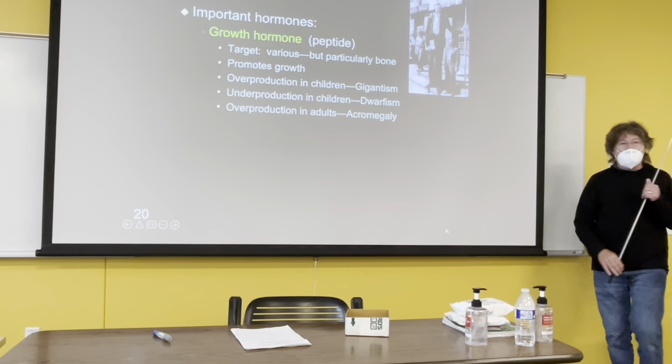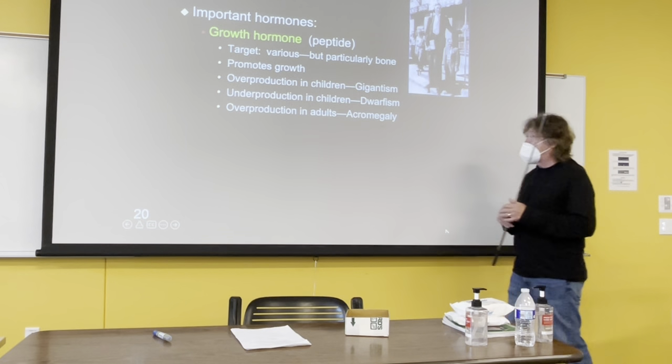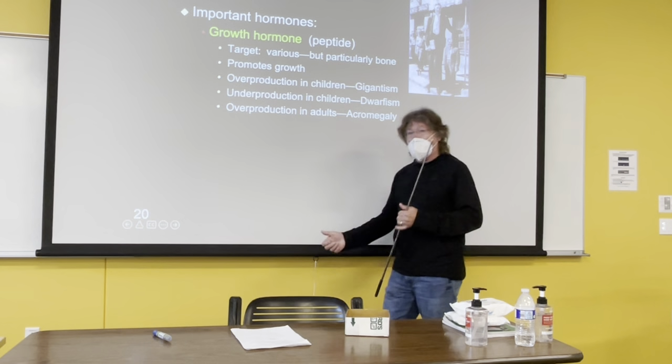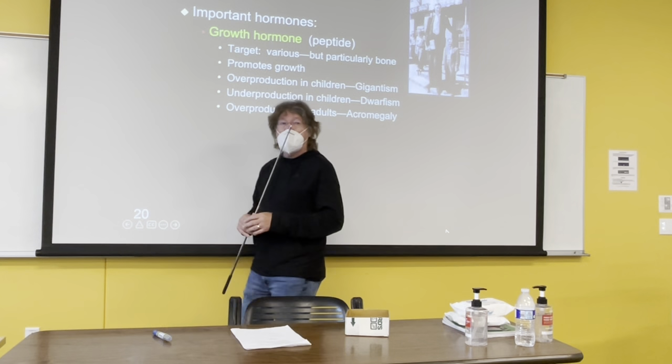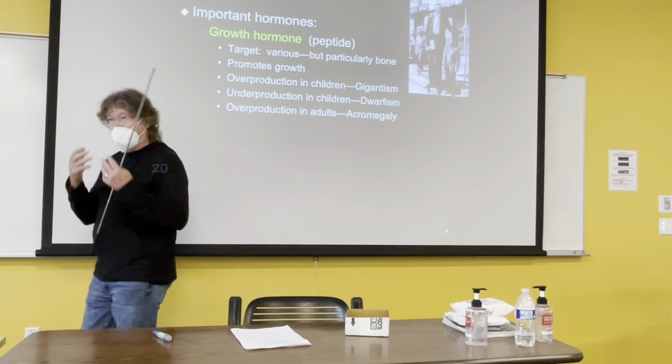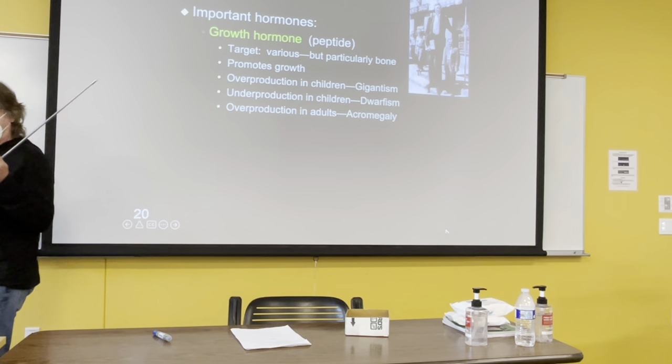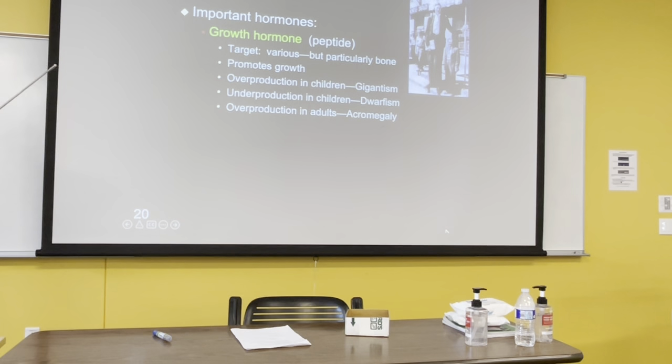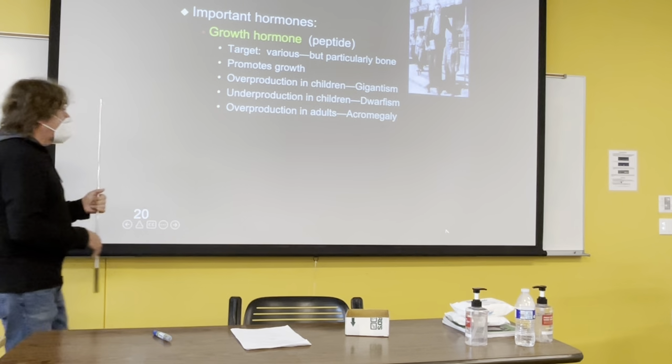However, if after maturity has been reached something goes wrong with the pituitary, growth hormone goes up. It stimulates the growth of cartilage all over the body, and nose, any place where there's cartilage. And you have cartilage at most of your joints, and as that cartilage builds up, it becomes very hard to move those joints and very painful. And that's something called acromegaly.